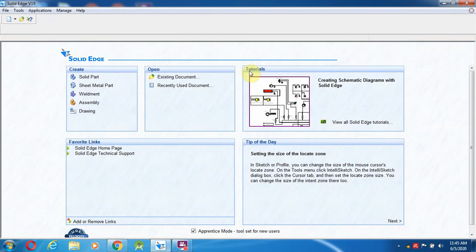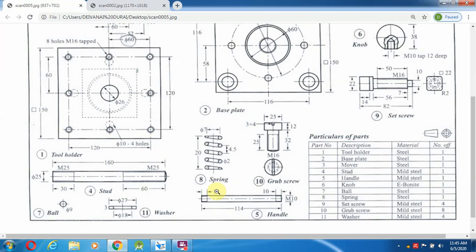So after creating the helical spring, then again the 8th on 9th is the set screw. So for the set screw, certain points you have to remember. So here they gave us a 22 up to the 14 mm length. Again certain things they provided over here. If you see in the side view, the 22 is a square 22 they given. All other things they given in terms of a circle manner. So all the things will be in diameter only. So first I am going to create this.